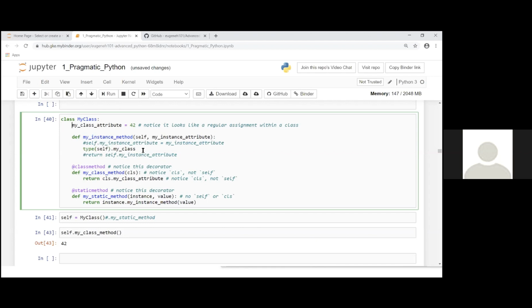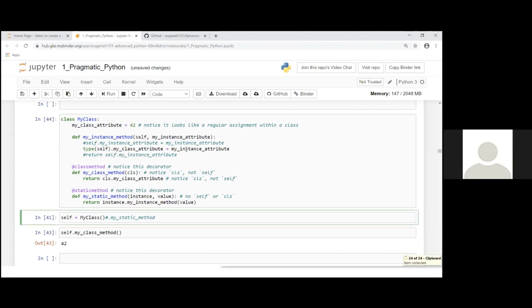So the class attribute says 42, right? I'm going to change it to 43. So I'm going to pass in the self, the instance, but get the class of it, which will be my class, and then set the attribute here to be this. So you're right, typically we think of an instance method as mutating an instance, but it really has access to everything.